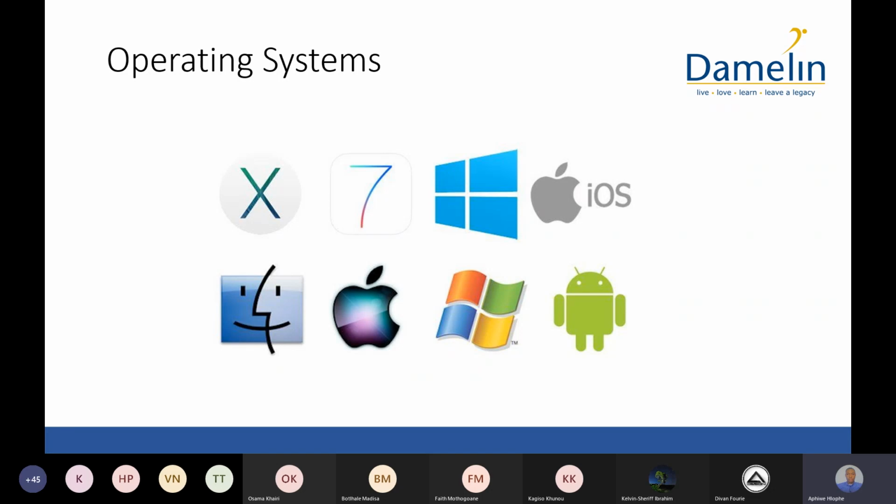You can see that in today's lecture I included additional pictures for you to understand these concepts. Monday's lecture was more of a text-based thing. So you see these are some of the examples of operating systems that we are aware of. There are mobile operating systems, and then there are also desktop operating systems. So we have the Mac OS, we have Android, we have Apple iOS, Windows XP, we have